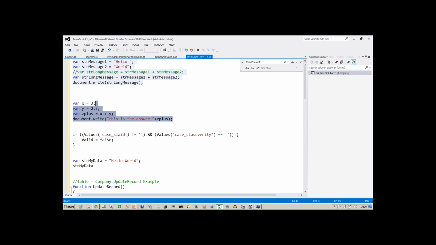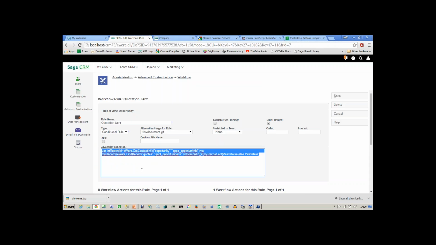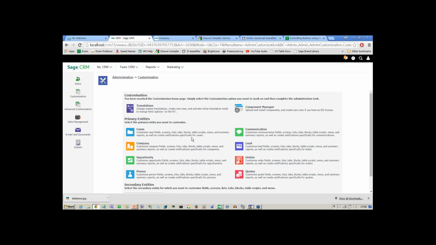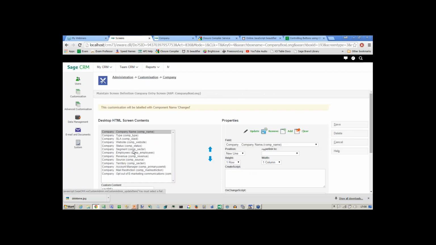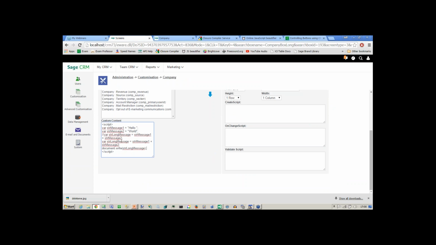Okay, now you're probably looking at that and screaming at the screen, saying, I know what that is, that's so easy. And it is perfectly easy, but it's worth doing this just to act as a little reminder to us all of how easy it is to be caught out when dealing with strings and arithmetic. So here, this is what it looks like, where we are just saying document write, this is the answer